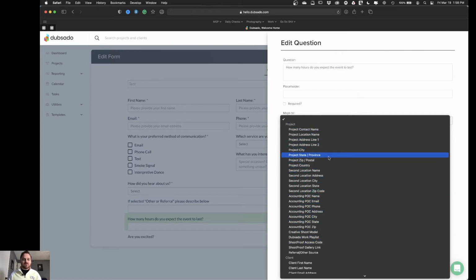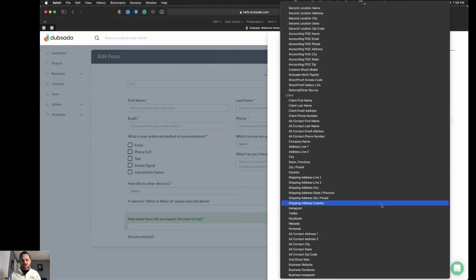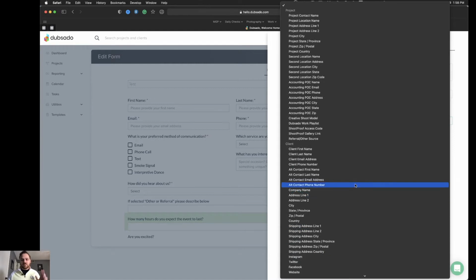So these are mapped fields, kind of like how the existing Dubsado system has project name, client address, all that kind of stuff. Your list of custom mapped fields show up in that same list. So they're broken down by project and by client. Kind of crazy. So let's say from this lead capture form, I want to know, oh gosh,